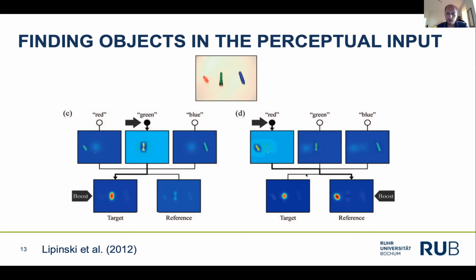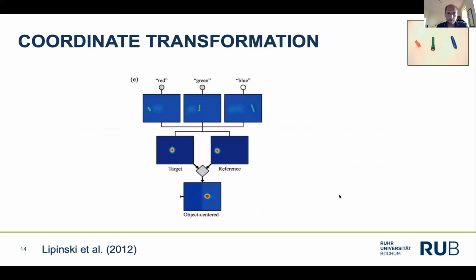And we do the same for the red reference object. So we activate the red node and we boost the reference field so that the location of the red object is stored in the reference field. So now that we have stored the position of the target and reference in the respective fields, as you can see, the green object is now stored in the target field and the red object is stored in the